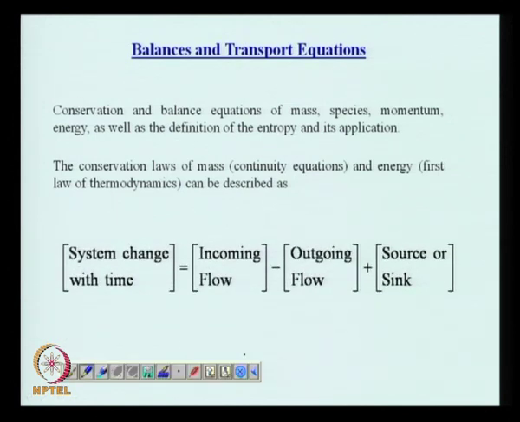Now, we are very much familiar with this type of equation, where a change in any property of the system, it could be the mass of the system, and the change in the mass of the system with time is a result of net flow, that is incoming flow, outgoing flow, plus if there is any generation inside the system itself. So, if we have a chemical reaction taking place inside such a system and a species A is being consumed, then the conservation equation simply tells us that the rate of change of species A inside the control volume would be equal to the net rate of addition of species A